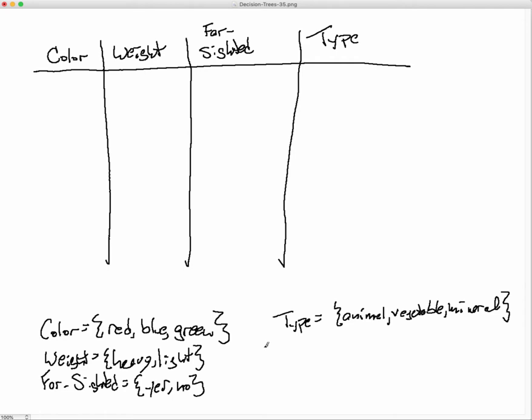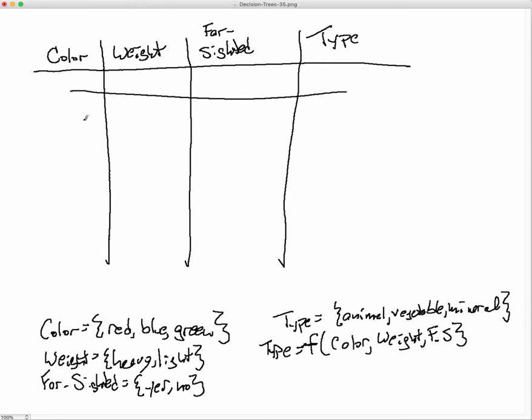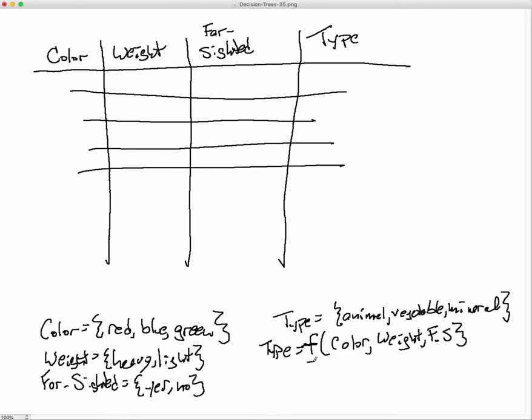And again, what I am assuming here now is that type is equal to f of color, weight, and farsighted. I'll just call it fs, like that. We can imagine that we have a table with some data in it, and we're trying to figure out what f is. Now, one way that we could think about this is instead of trying to figure out f, instead what I try to figure out